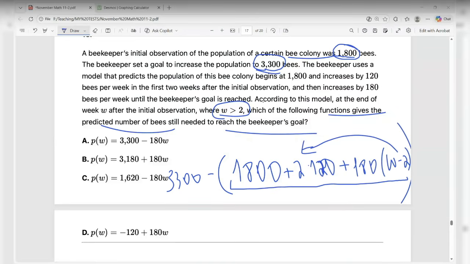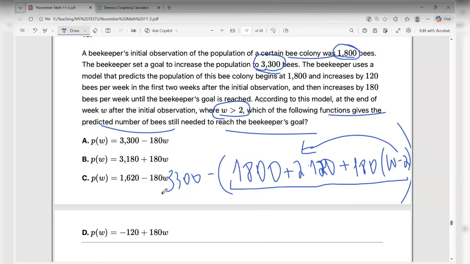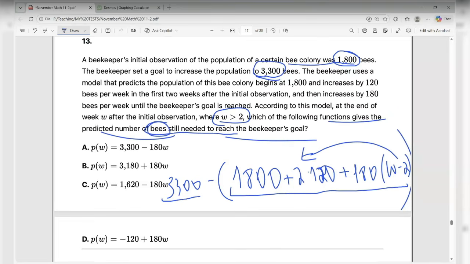First of all, I found the growth equation in bees, and I'm subtracting that from 3000 to find how many bees are still needed to reach the goal. Yep. And guys, if we explain the Desmos way, like Asal did,